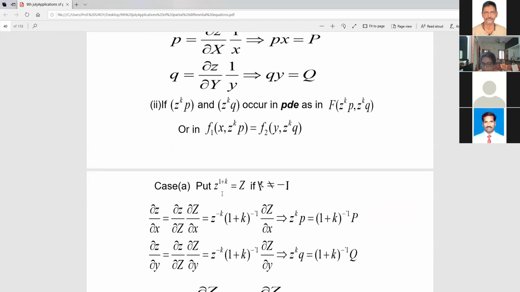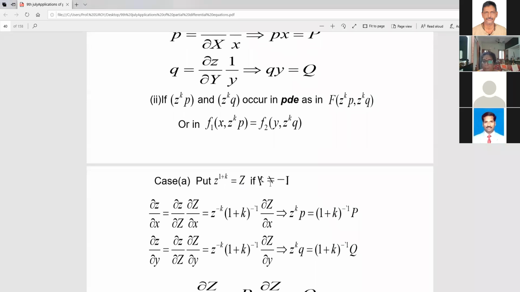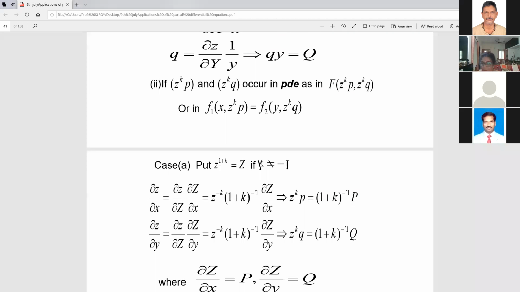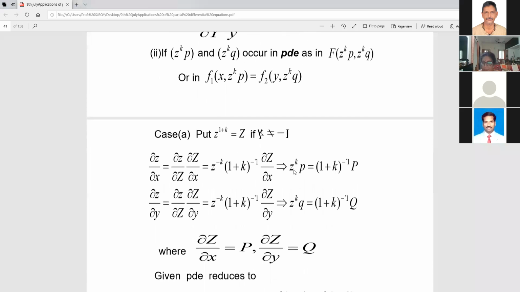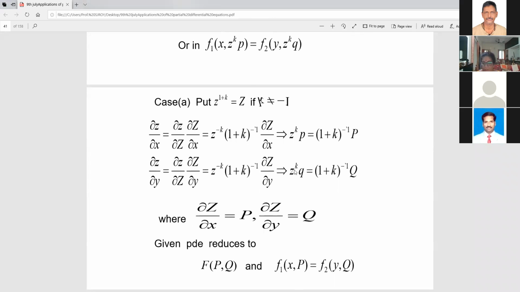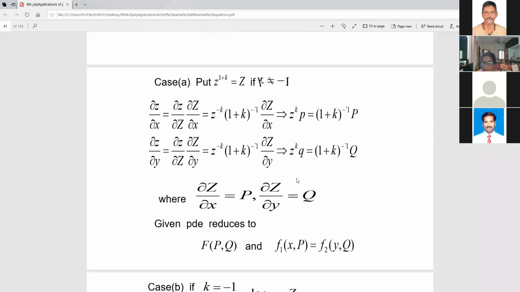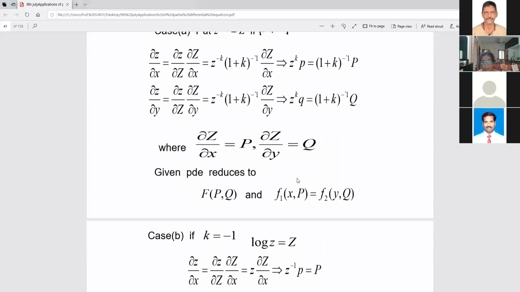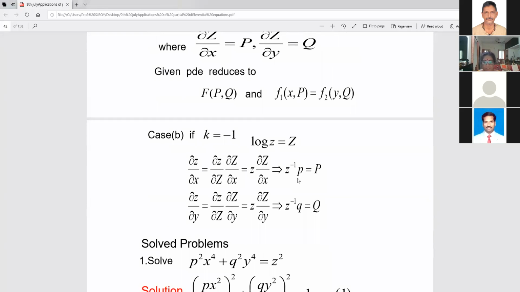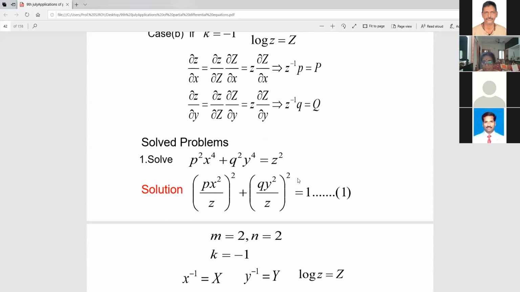And for Z also, if it is appearing in higher powers, we can reduce it by this type of transformation. We can have capital Z equal to small z to the power 1 plus k, if k is not equal to minus 1. If it becomes minus 1, you can go for log functions. That's what I have mentioned. So you can transform your small x, small y and small z at a time also. That is possible by applying some transformation using the chain rule. That type of problem I have also done here.